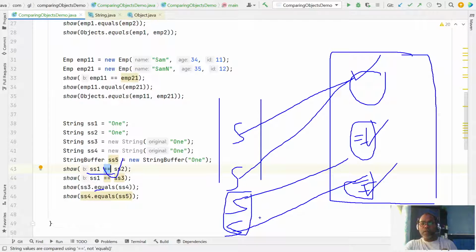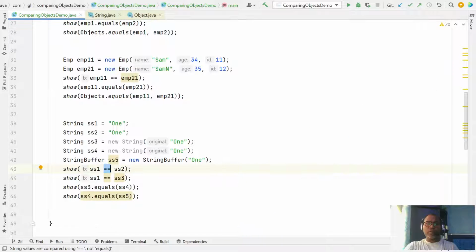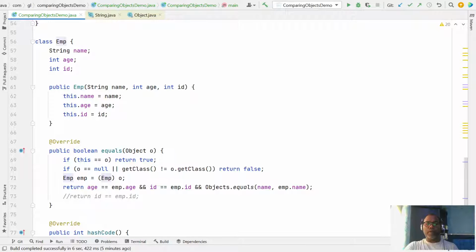There is no standard definition of what the equals method returns; it depends upon what kind of object it is. The String class has already overridden the equals method, StringBuffer has not, StringBuilder has not, and all the wrapper classes have overridden the equals method. But whenever you write your own custom class, you have to override the equals method if you want to provide equality functionality on your object.